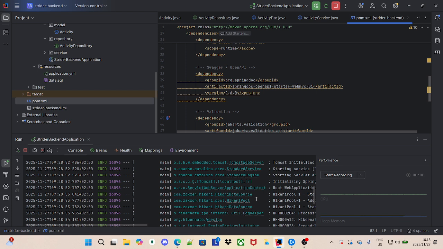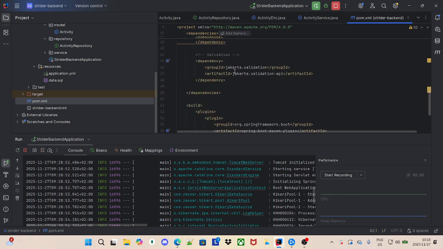It allows developers to describe their API endpoints and models using annotations and generates an OpenAPI specification in JSON, right? And yeah, then we have our validation package dependency,